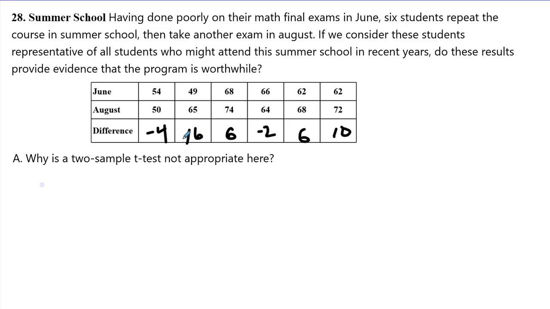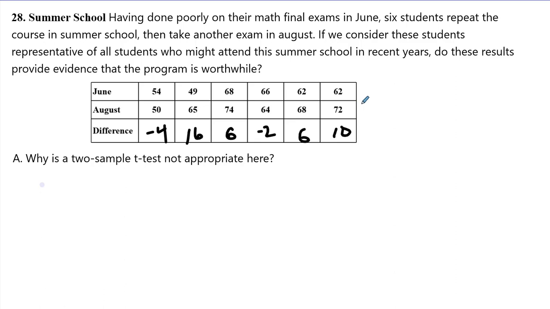All right, so we notice we did pair this up, so we're assuming that these are the same students. I mean, we're following 6 students, so that's how they should give us the data, right? So this is the paired difference between their before and their after. So it's their after minus their before. All right, so find a two-sample